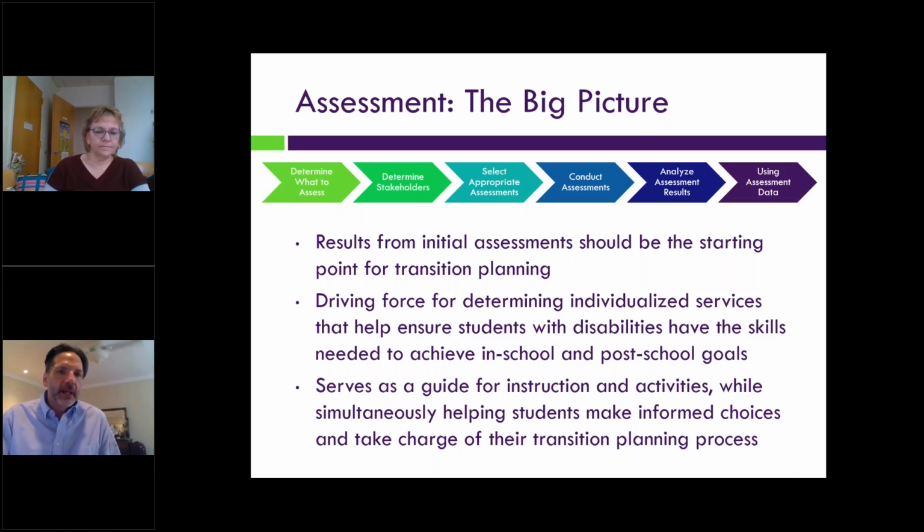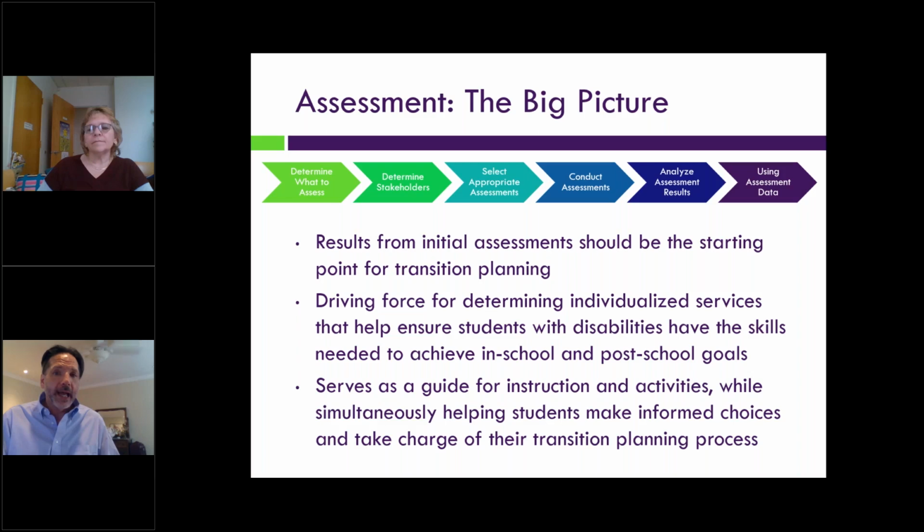So first, really looking at determining what to assess based on that student's interests, their needs, where they currently are functioning, determining what stakeholders can provide information, be they within the school, so in the general education class or in the special education class, or possibly with occupational or physical or speech language therapy, what information can they provide? And then looking at outside agencies and supports, community rehabilitation providers, or through those supports that OVR may offer, or the other outside agencies. And then looking at selecting appropriate assessments, conducting them, and engaging that student in that process,